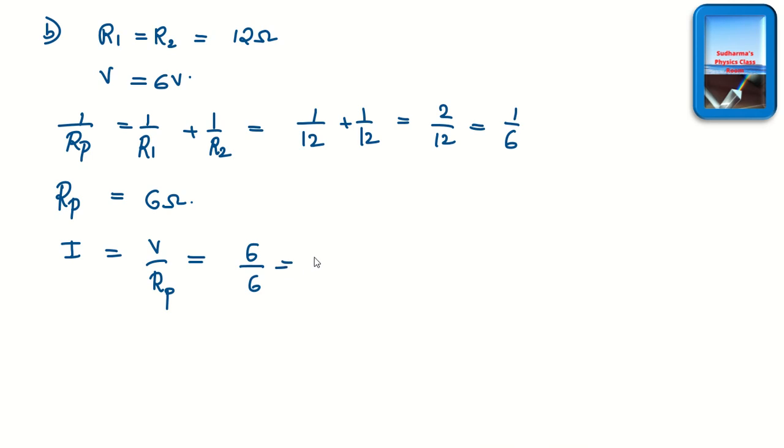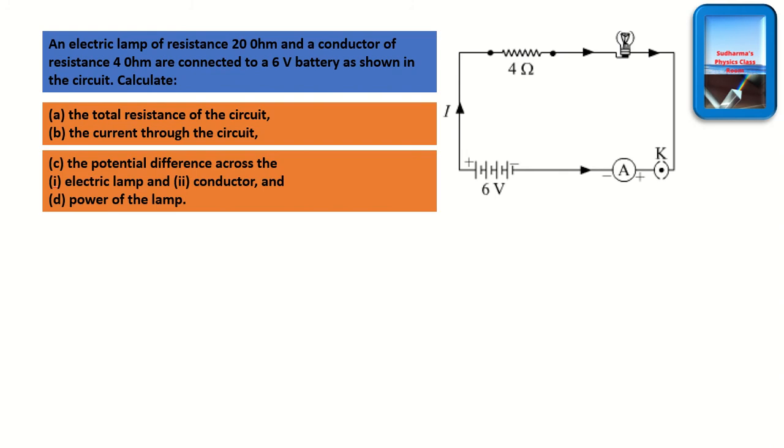So this is going to be 1 ampere. So the current is 1 ampere in the circuit. The next question. An electric lamp of resistance 20 ohm and a conductor of resistance 4 ohm are connected to